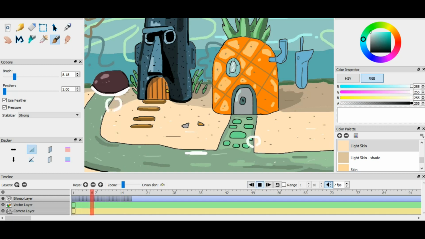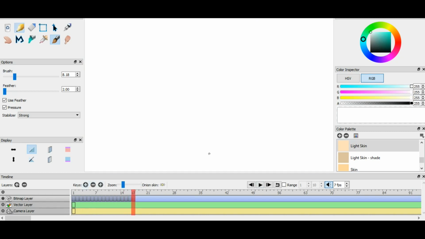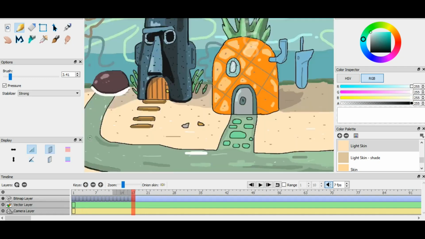Let's see what it looks like. There we go. So bit of an animation. Now all we need is some characters, so we'll draw SpongeBob and Patrick. If you put your onion layer on,